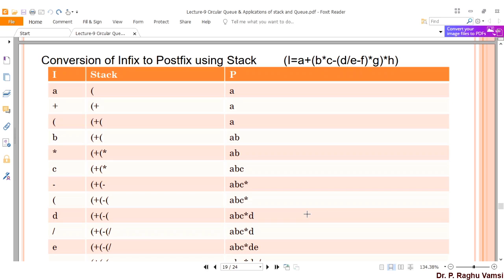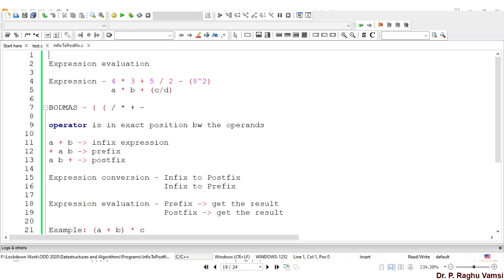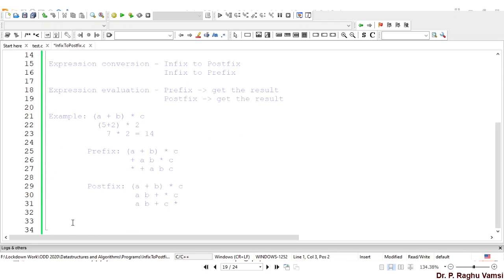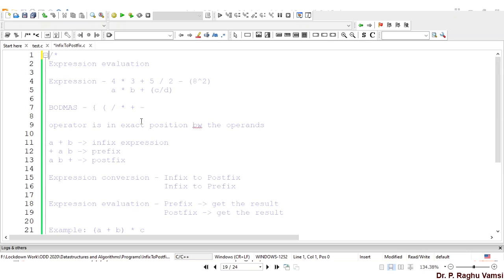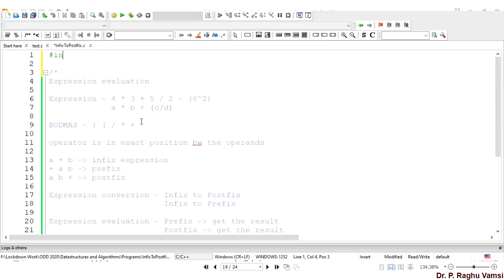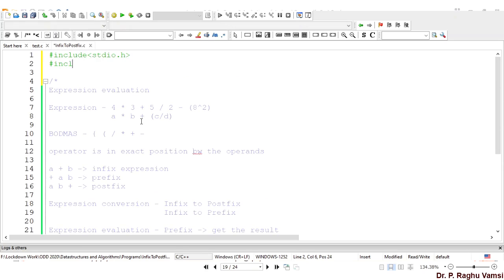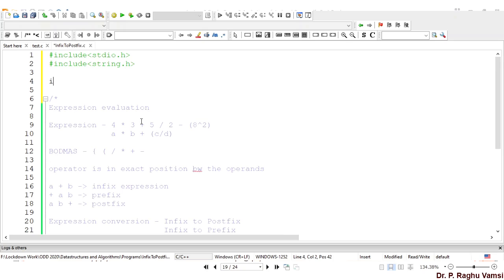Now we'll see this infix to postfix conversion code in C program. We'll see the code implementation now. Already we have discussed this just now, I'm just keeping it in comments. And the required things like hash include string.h, because we are going to read a string of infix expression, and a character stack.